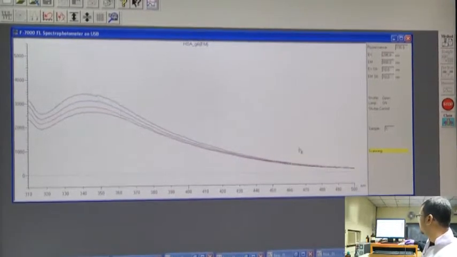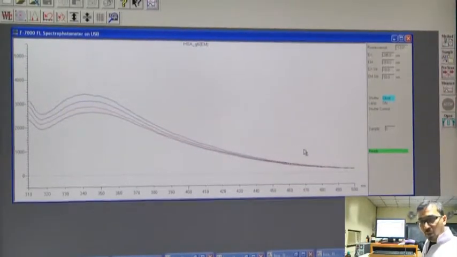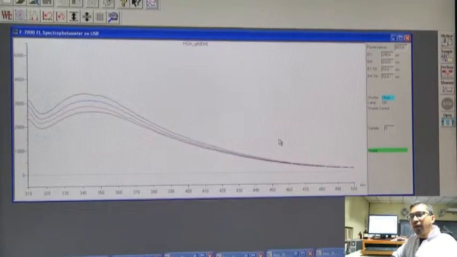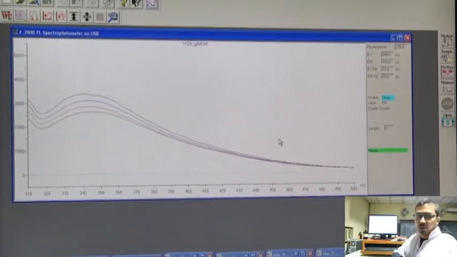So, here we are done with only HSA along with guanidine hydrochloride. Now, we will shift to only guanidine hydrochloride spectra. Guanidine hydrochloride may not exhibit any sort of fluorescence spectra, but some background fluorescence might be present, which we should subtract, or some fluorescence intensity decrease due to dilution should be subtracted from a sample which has only double distilled water, to which we will add guanidine hydrochloride.